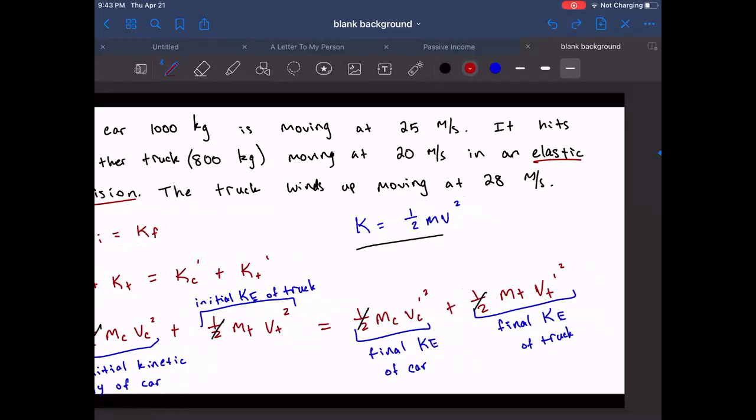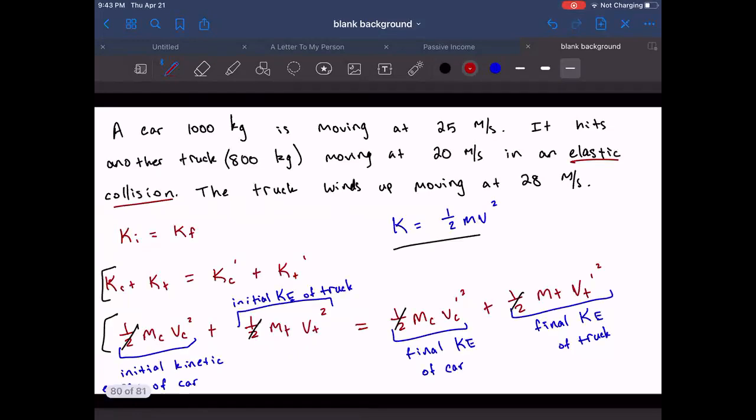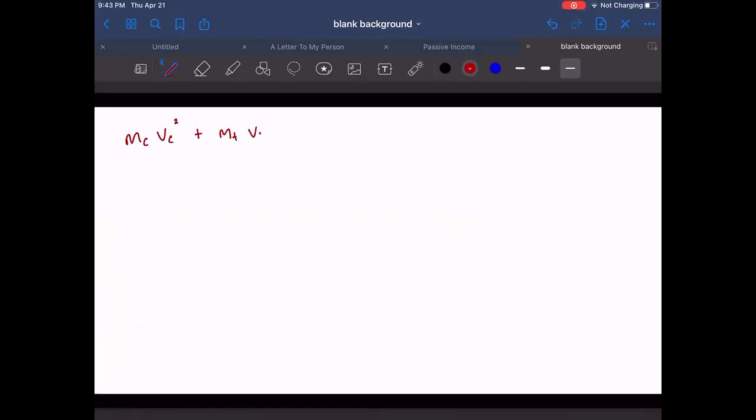Let's clean it up actually, so that'll be hopefully a little easier for you. So I'm just rewriting it after I canceled out the 1/2s. And then we want to solve again for the final velocity of the car. If you want me to go through these steps, I will happily do that. Yes, please. Okay, sure. So let's subtract MT VT